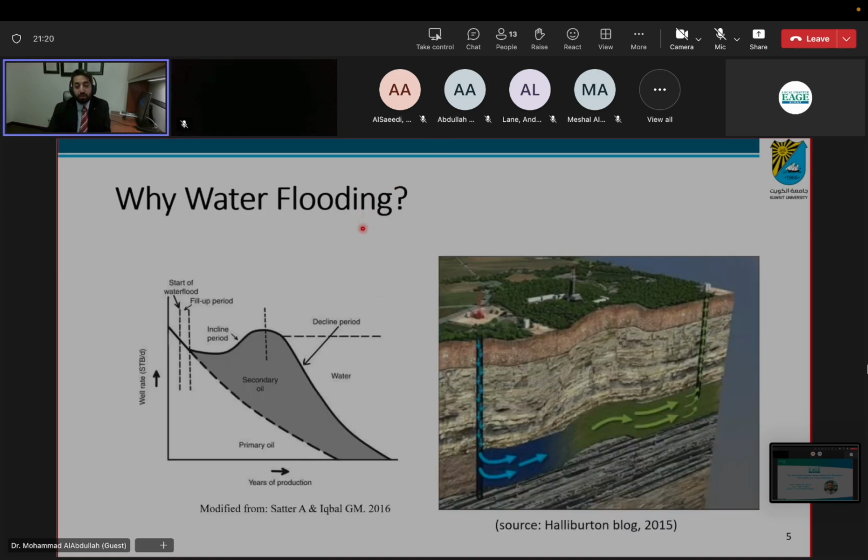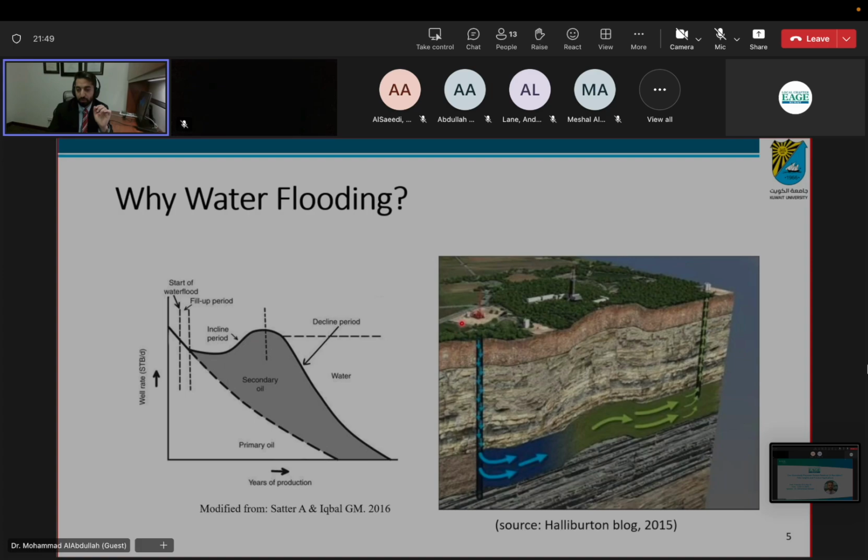So we start by a simpler question: why water flooding, right? If we're looking at the y-axis in here, which is well rate, and years of production, normally we'll start producing by natural depletion, which is based on the pressure in our reservoir. We'll deplete that reservoir. In order for us to keep producing, we will inject some water to continue the production